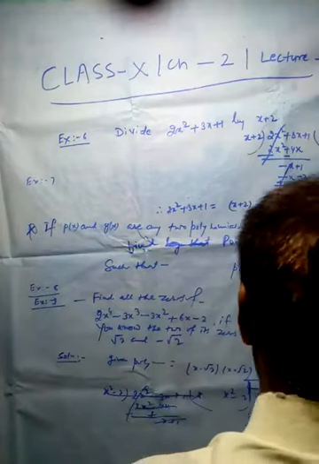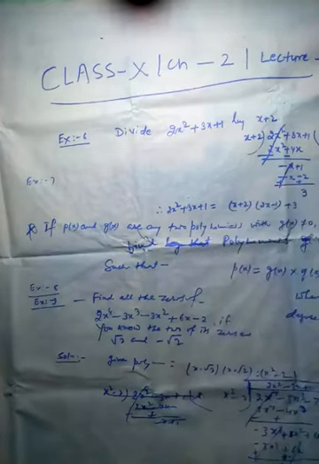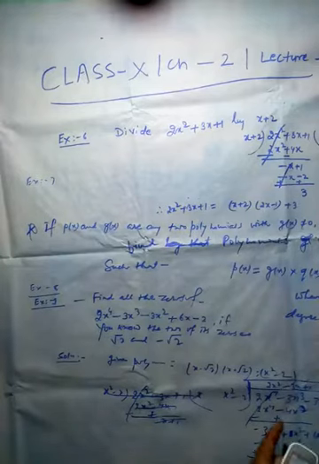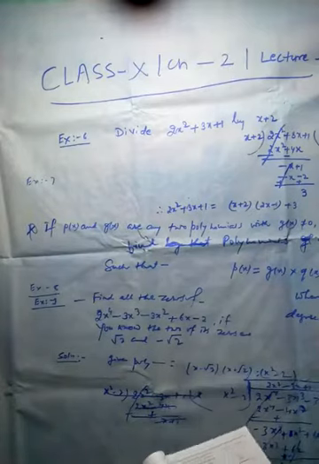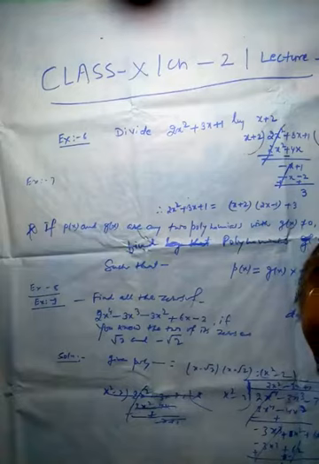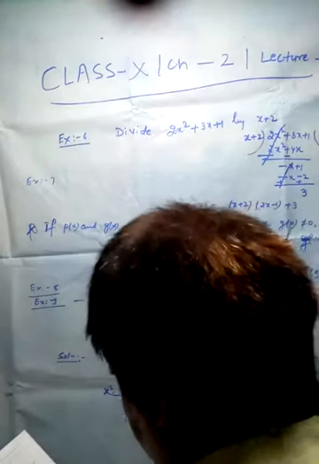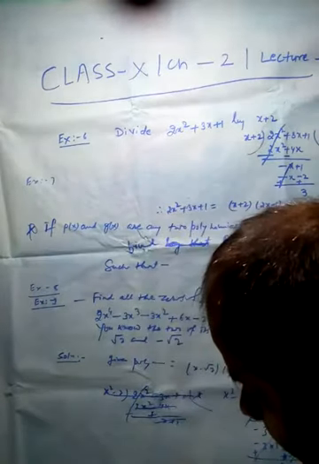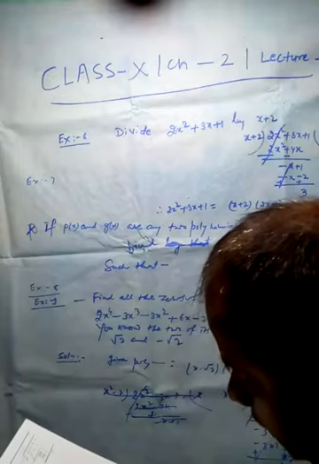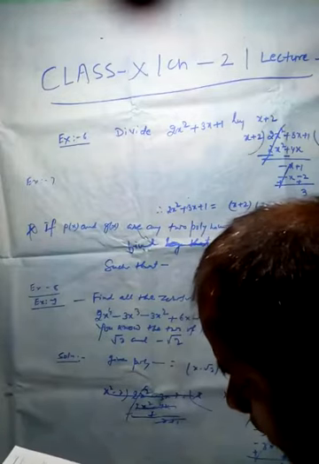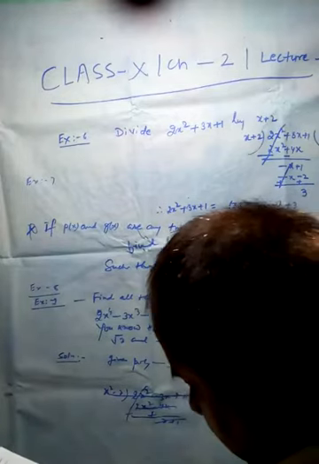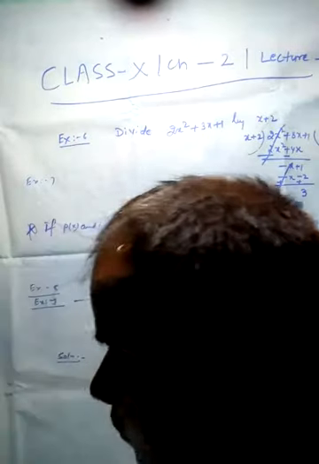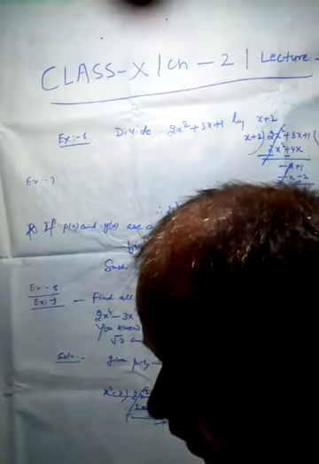Now you have to divide 2x⁴ − 3x³ − 3x² + 6x − 2 by x² − 2, and finally the remainder is 0. So the quotient is 2x² − 3x − 1. The first term of the quotient is 2x², the second term of the quotient is −3x, and the third term of the quotient is 1.